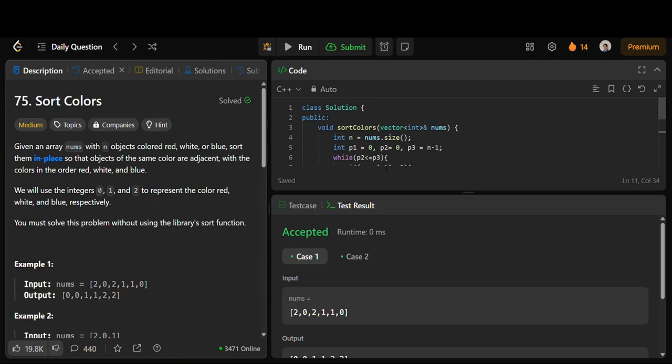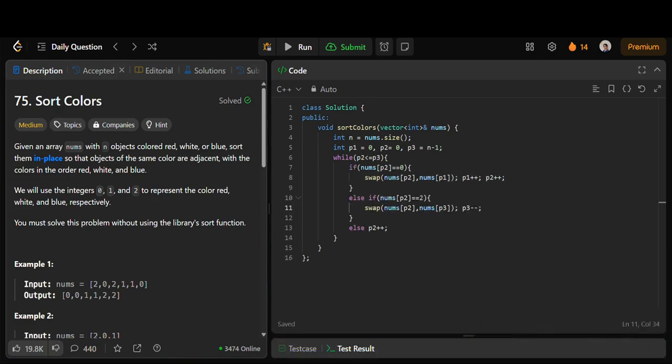All you need to remember is that in order to solve this in one pass, you need to use three pointers. That's the most optimal way, and that is going to be asked in the interview. This question is never going to come in an online assessment. This is only for an interview.